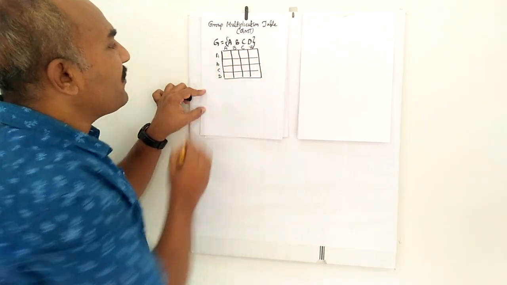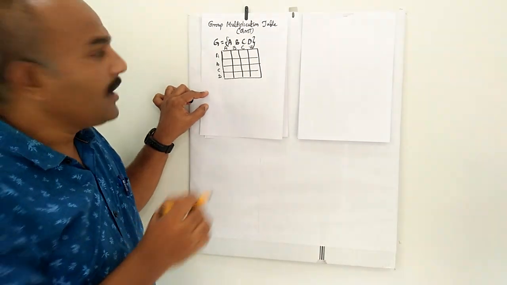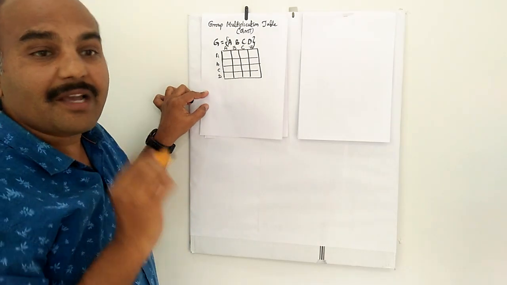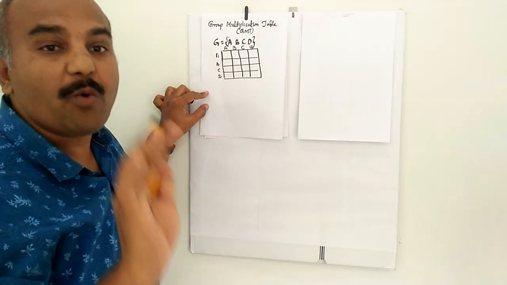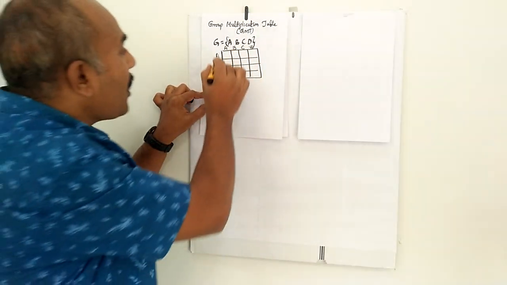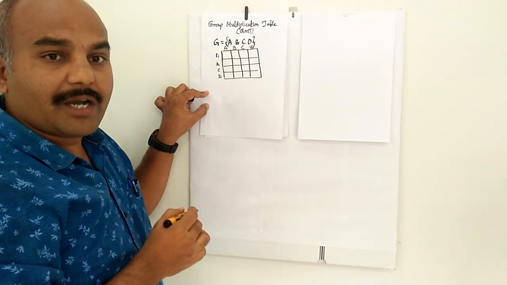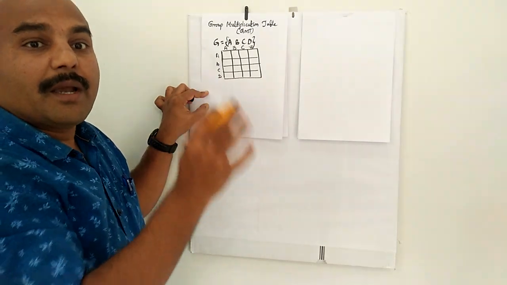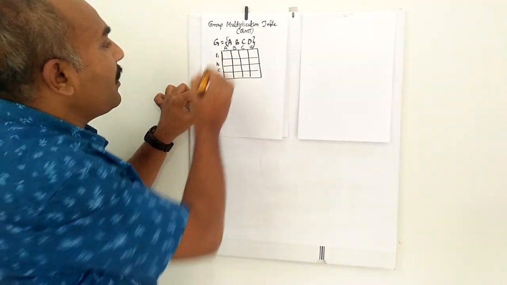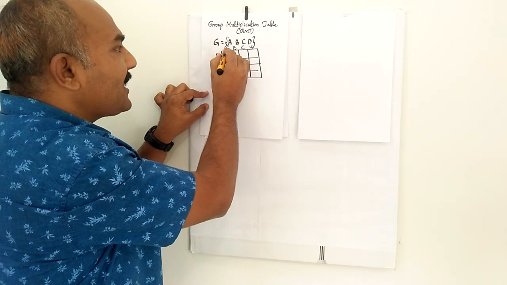So, this group multiplication table obeys the rearrangement theorem. That is, in a group multiplication table, each column and each row lists the elements of the group one and only once. It follows that no two columns nor two rows may be identical. Each column and each row lists the elements of the group one and only once.